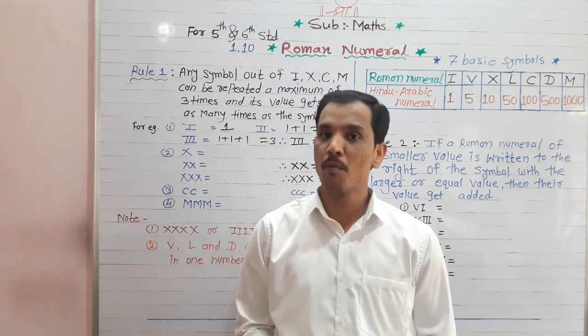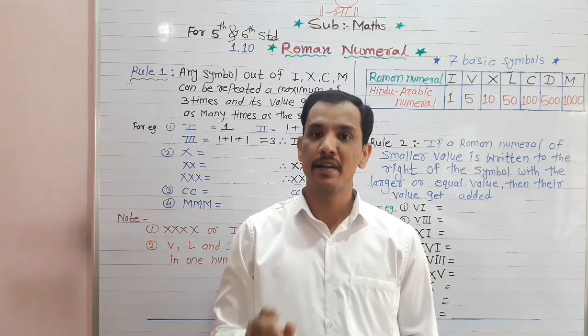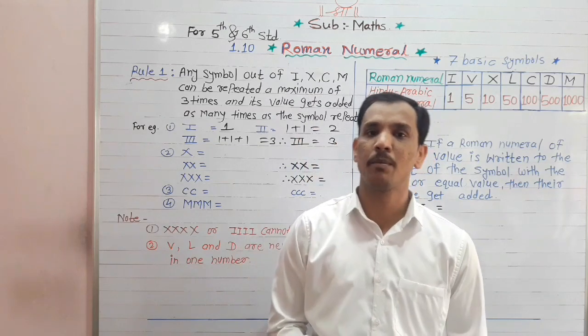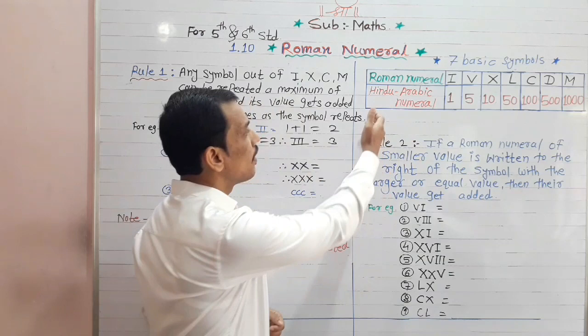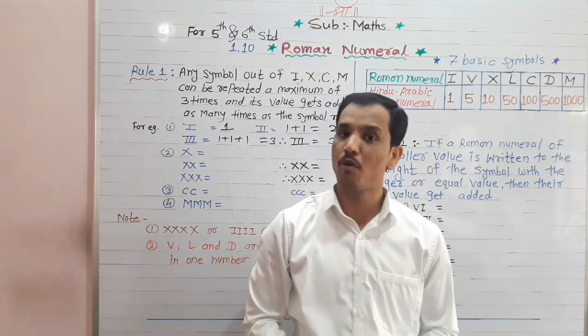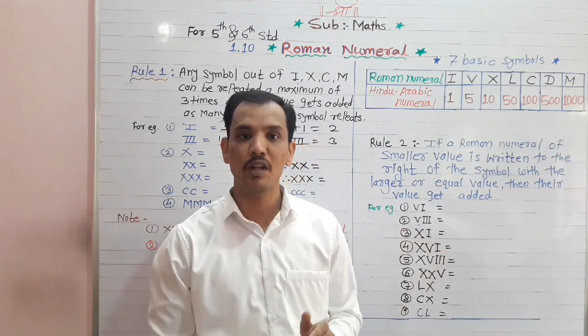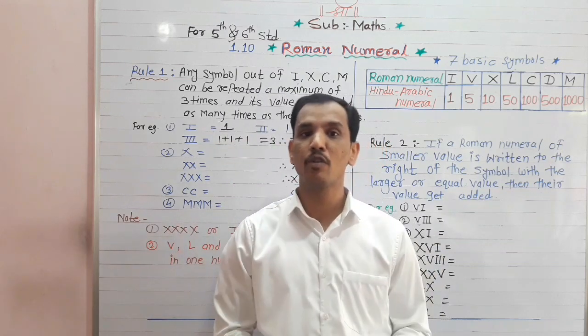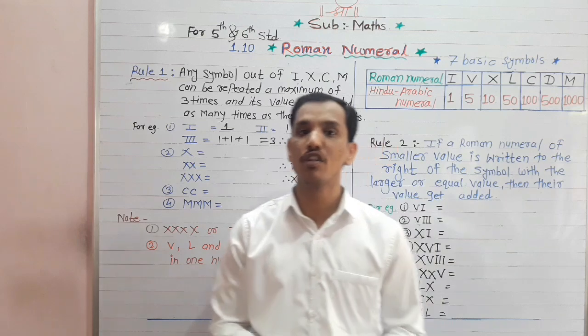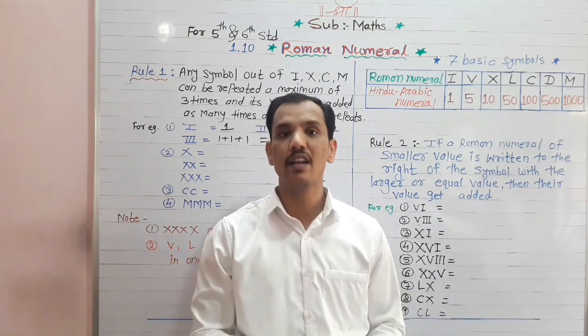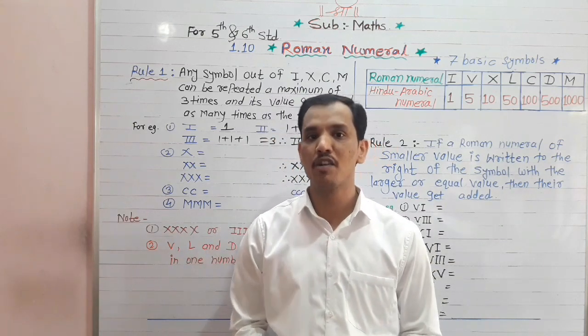So who invented the Roman numbers? The Roman people invented the Roman numbers. And why were they inventing the Roman numbers? Just as we invented our Hindu Arabic number system for calculation, Roman people also invented the Roman numbers for a common method of calculation. And why did they need calculation? Because they wanted to spread their business all over the world, and for communication and trade. That's why the Roman people invented Roman numerals.